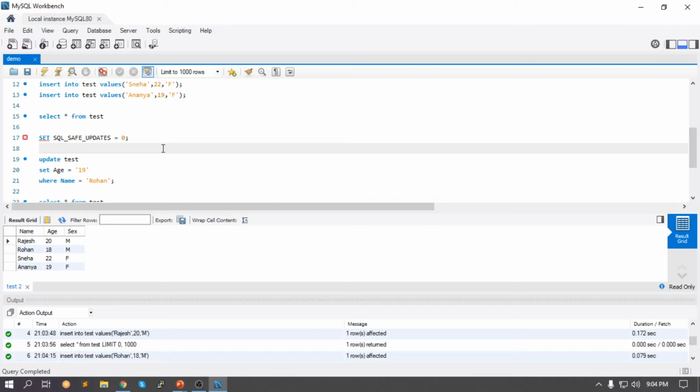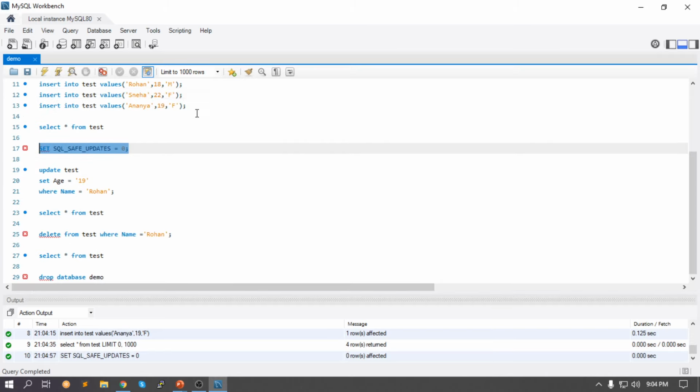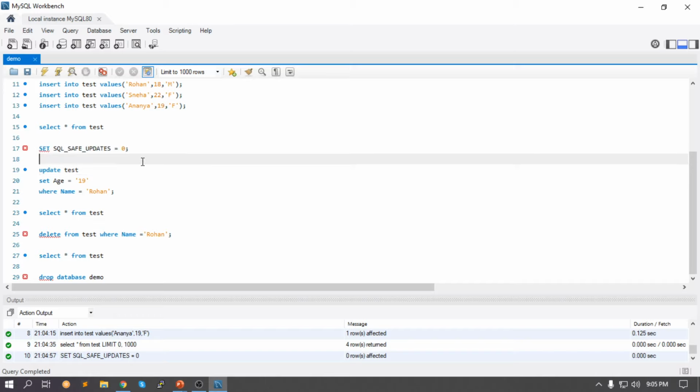Yeah, perfect. So this command is particularly for MySQL Workbench, where we have something called safe mode, and we take away the safe mode to work with the data without having to worry too much about keys, guys. So this is something that you might not have to use all the time, and I just quickly run it to make sure I do not get any warnings or errors up front, guys.